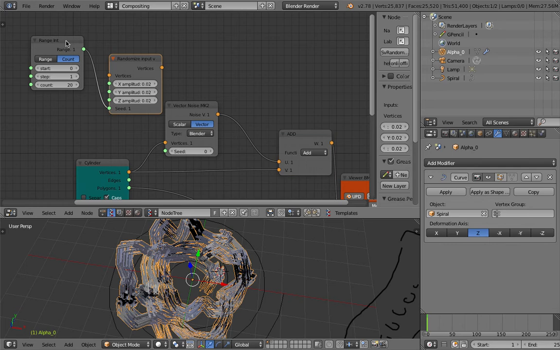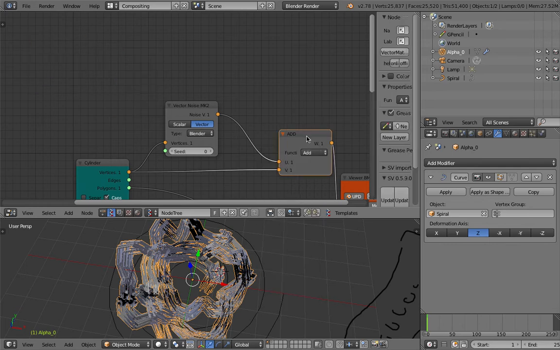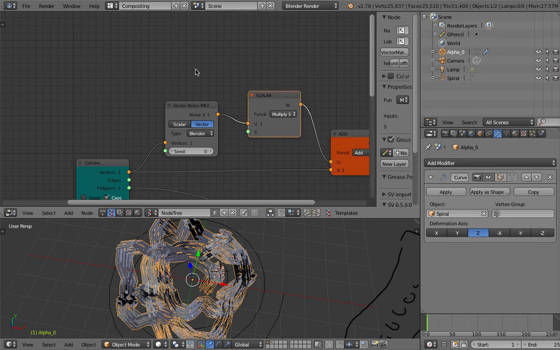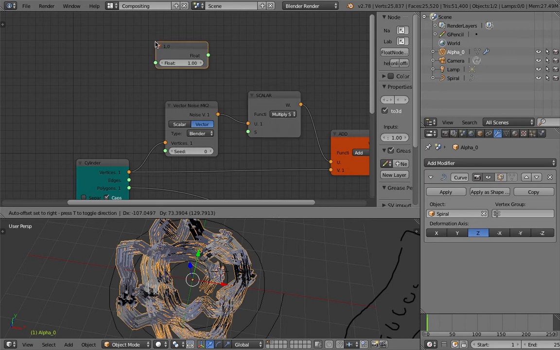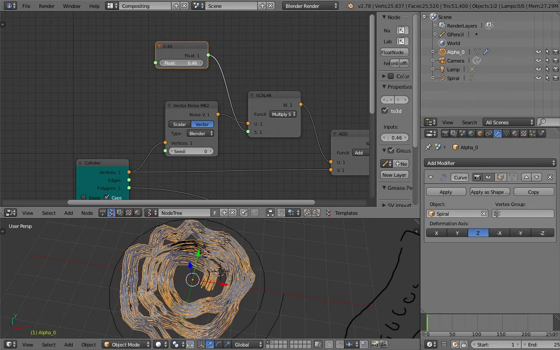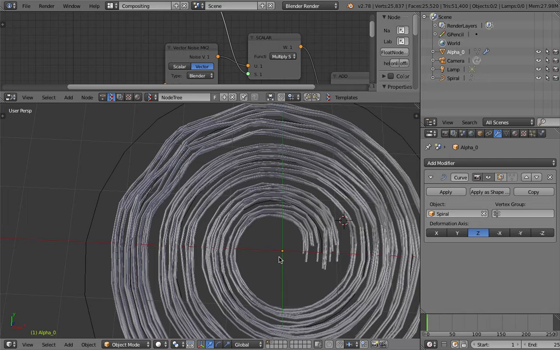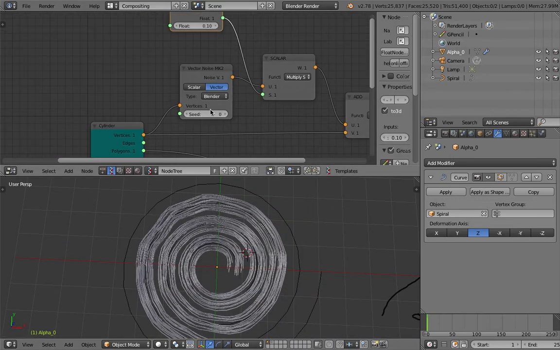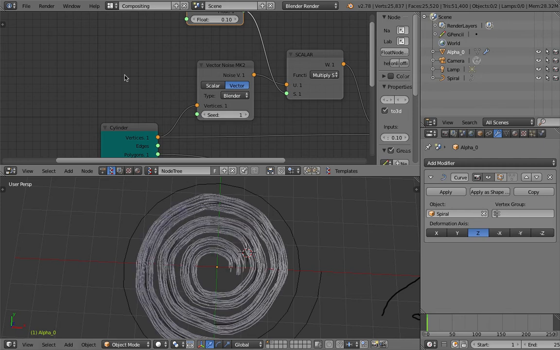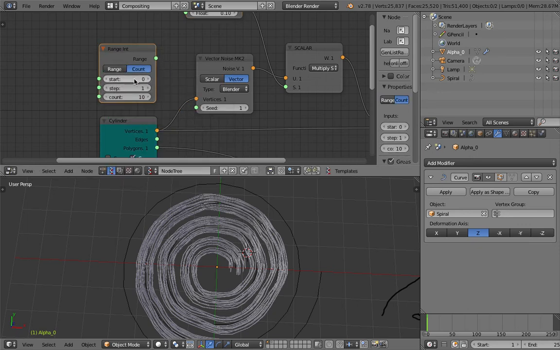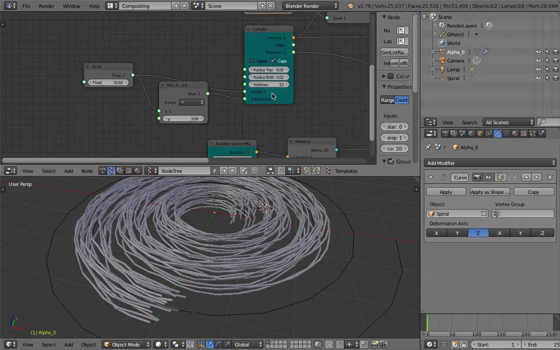If we create a duplicate here and then apply multiply scalar into this guy and use float, that would control the power of the noise. Oh, actually that's working really well. Obviously the noise is currently the same, but we have the seed here and we can adjust the seed to get a different effect. Randomize noise range integer. How many do we have? 20? 20, just plug that in. And now for each line we have a different noise, and